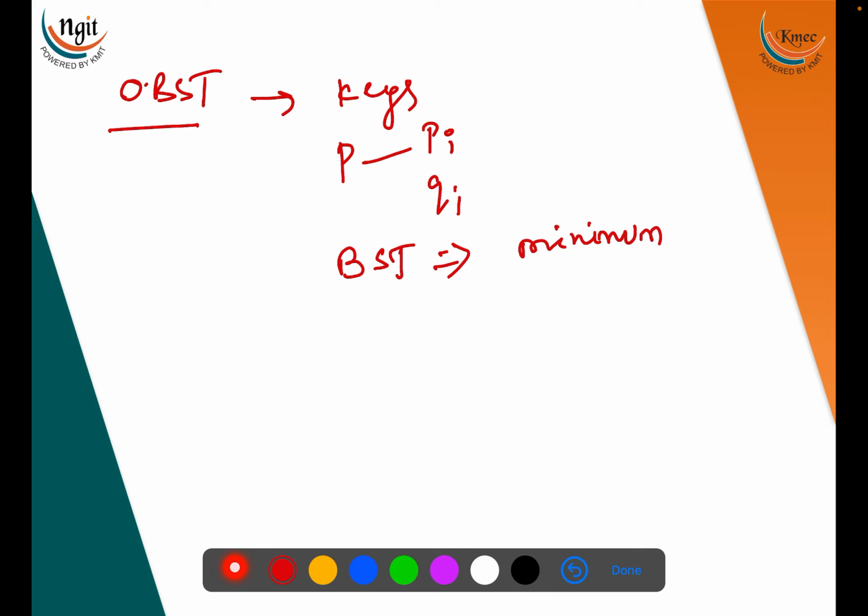Now, how can I apply dynamic programming on this optimal binary search tree, and what is the procedure to approach dynamic programming? We'll take an example in the next video and find the solution by